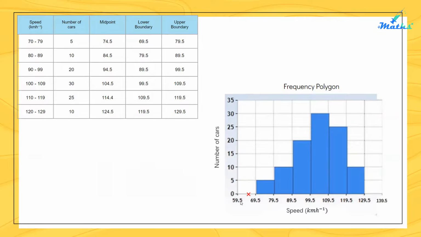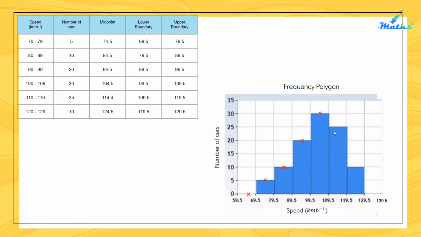For 59.5 to 69.5, the midpoint is 64.5. So we mark it right here. For 69.5, the midpoint is 74.5, 84.5, 94.5,